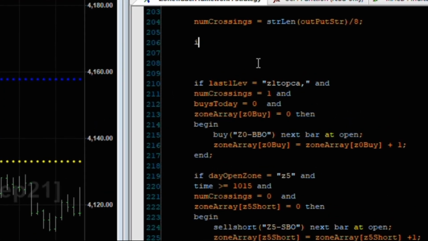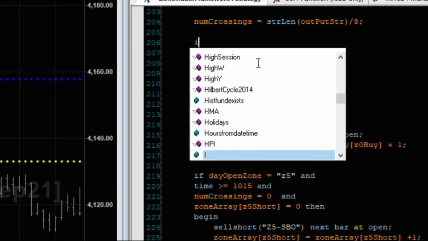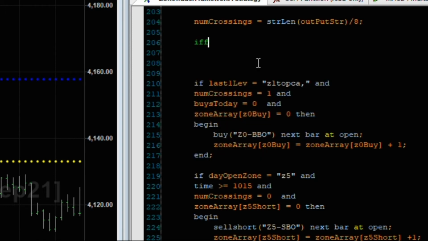The nomenclature will become more self-evident. I can copy and paste it, but if I type it and discuss it as I type it, then it may be understood a little bit better. Okay, if day open zone, and this is a variable I created, is equal to, and these are strings, which means they need to be included in quotation marks, Z2, zone 2, and